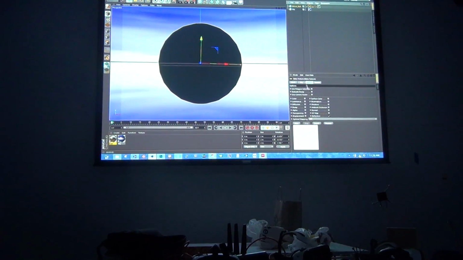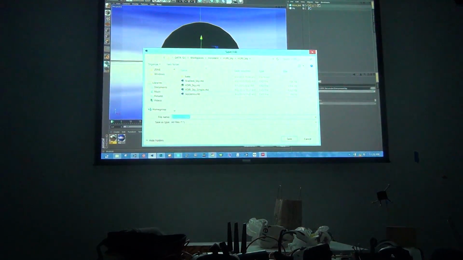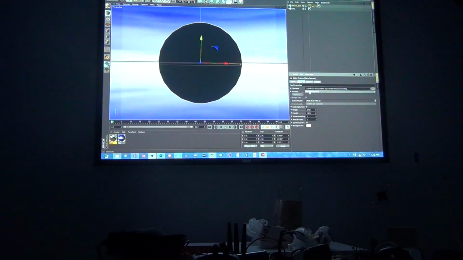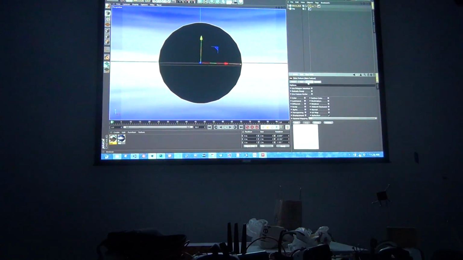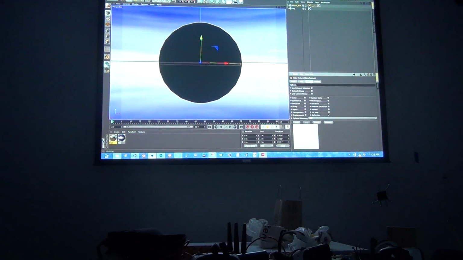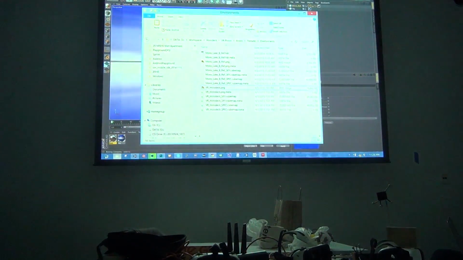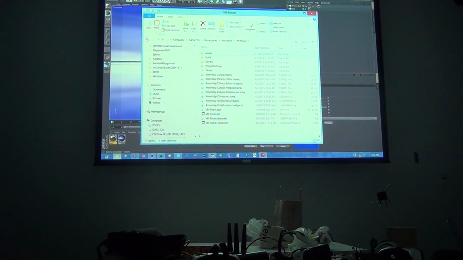So if I go in here and I say, all right, I just want to bake this out to this environment sky, and I put it right in there. I'm going to say options. I'm going to say what size I want it to be, 2048 by 1024. Bake. And so what it's doing, it's actually going to bake out one of those maps that even though it's showing it as perfectly square here, it's going to be properly formatted like we need when we actually look at it. So if we look at it here,